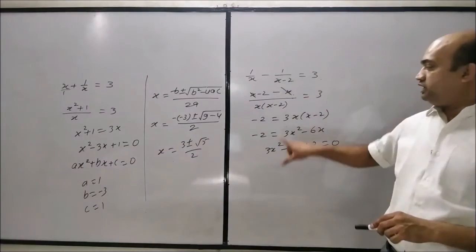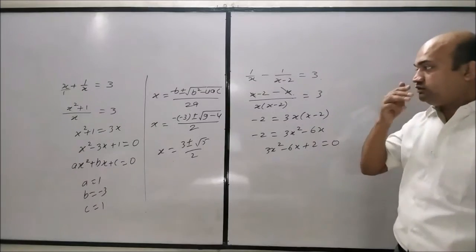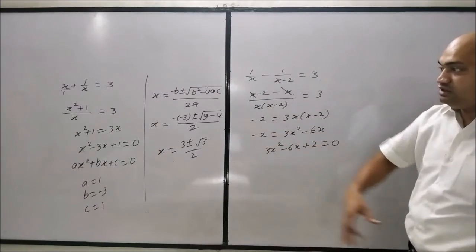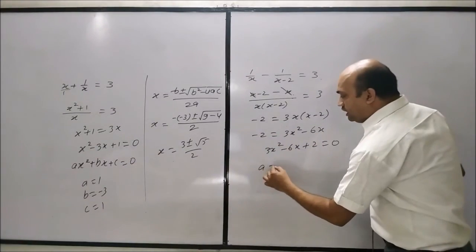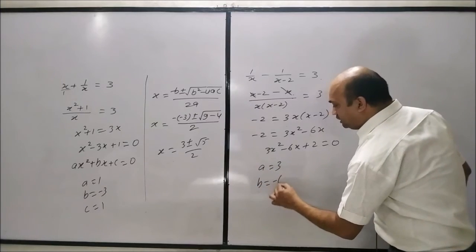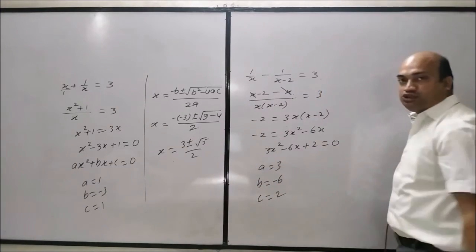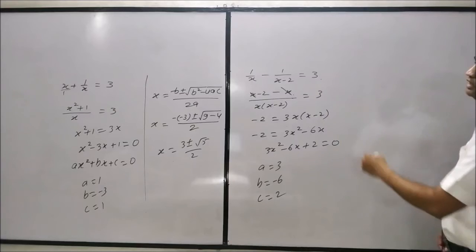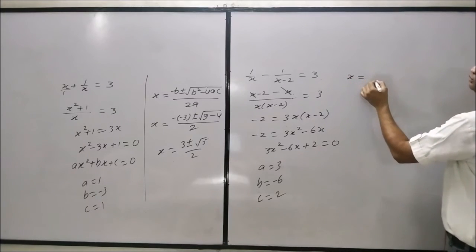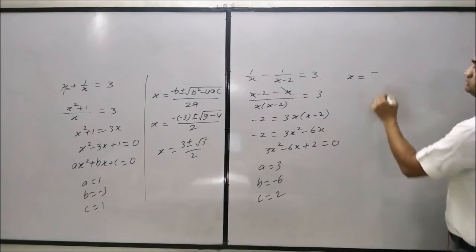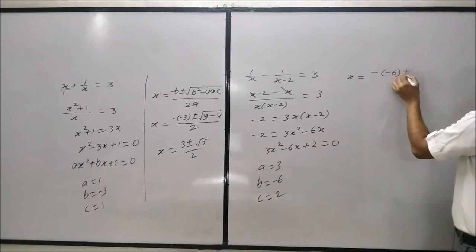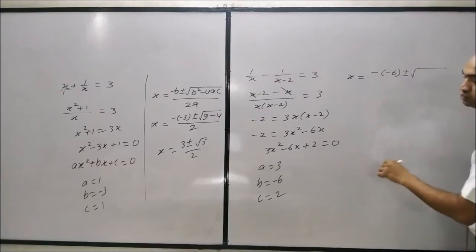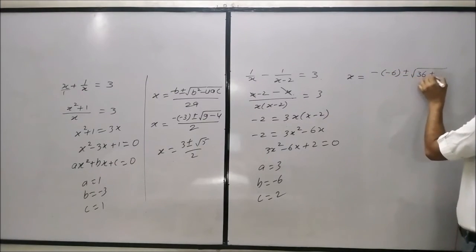So this we converted into the standard quadratic equation form. While comparing it with the standard quadratic equation, a we will get 3, b we will get minus 6, and c we will get 2. Now we apply the same quadratic formula. x is equal to minus b, b is minus 6, plus minus under root b square, that is minus 6 square 36 plus